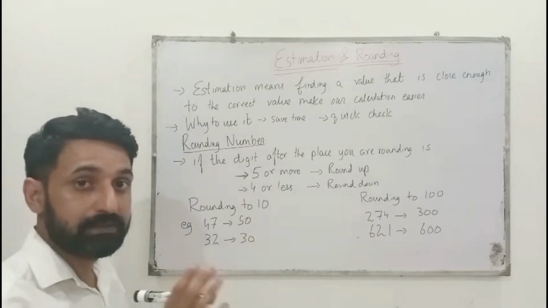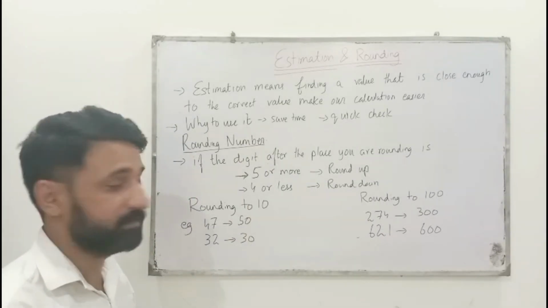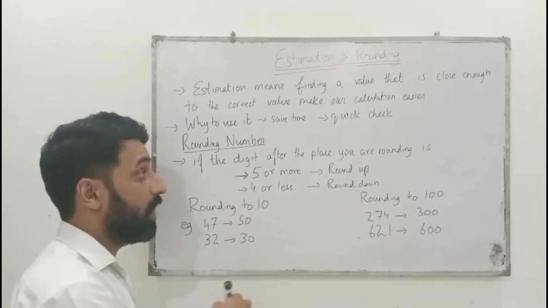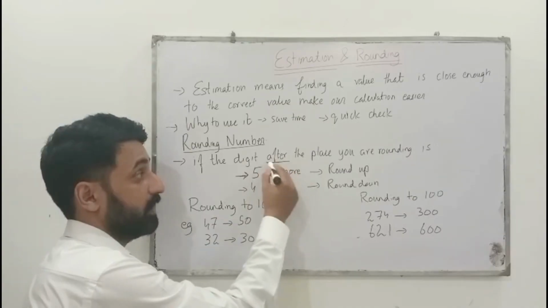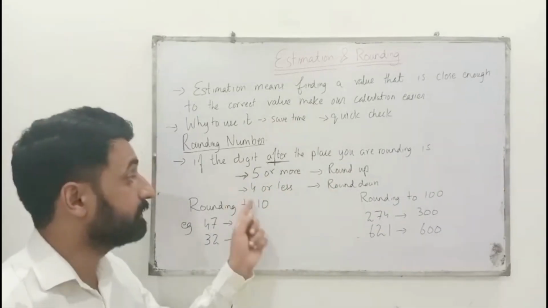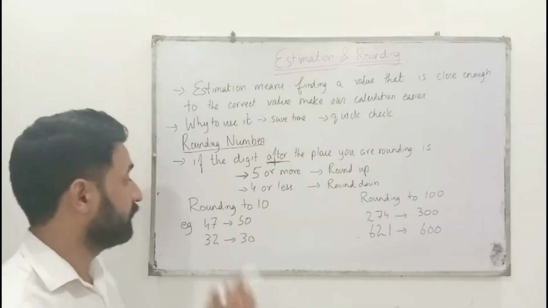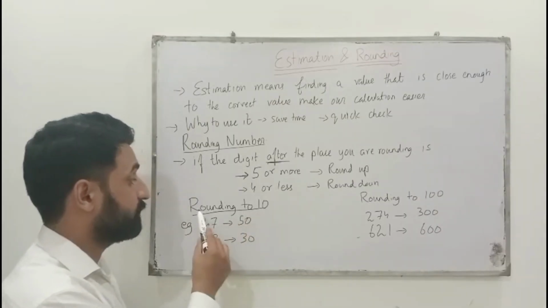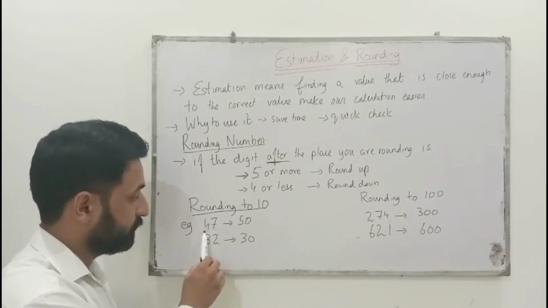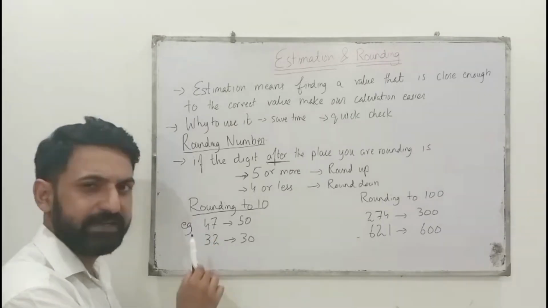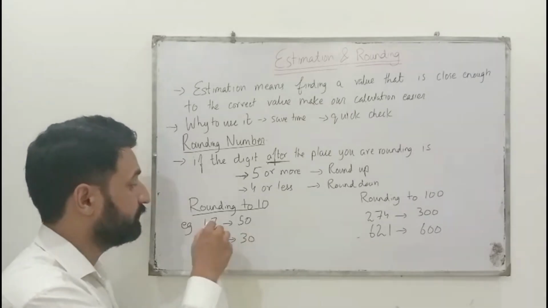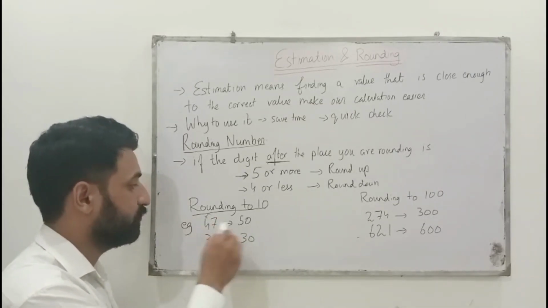Rounding numbers. There is a rule for rounding a number. The most important thing is the digit after the place you are rounding. If it is 5 or more, round up; 4 or less, round down. In this example we are rounding to the 10s. The next digit after the tens place is 7. Is it greater than 5 or less than 5? It is greater than 5, so we will round up, we will add 1 to this 4,